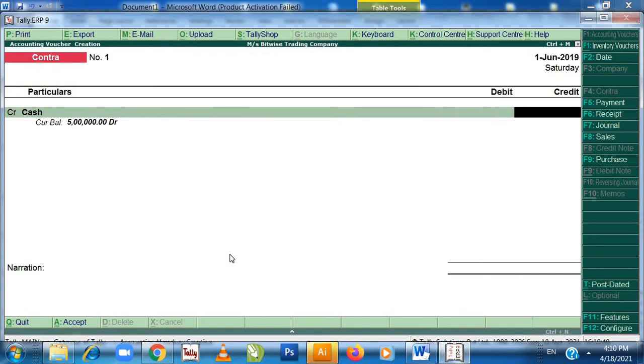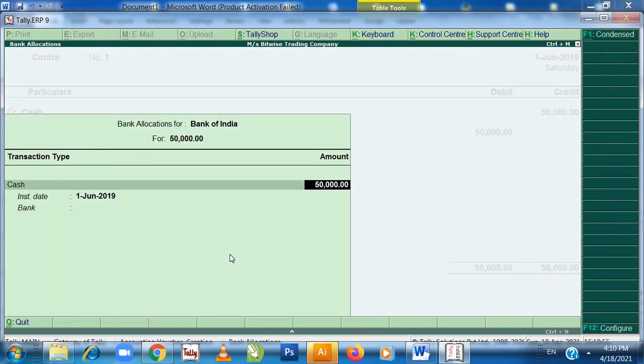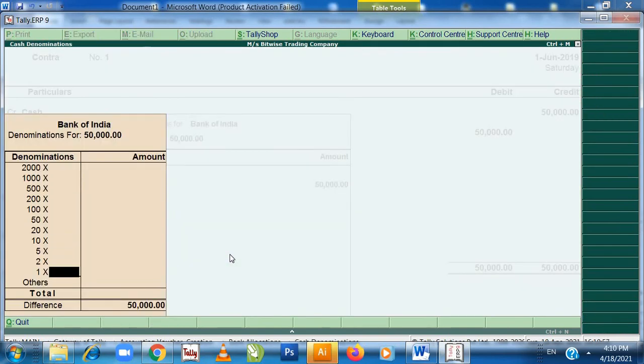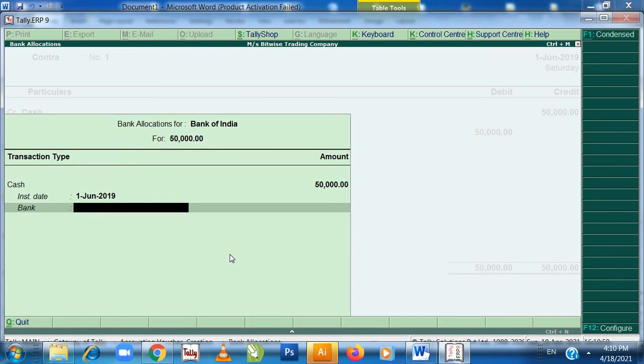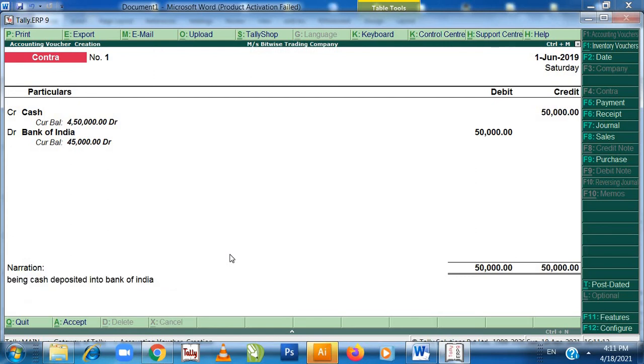So your first credit entry will be there, 50,000 to Bank of India. If you have denomination, you can put the denomination also. Now here the entry being cash deposited into Bank of India. Press enter.